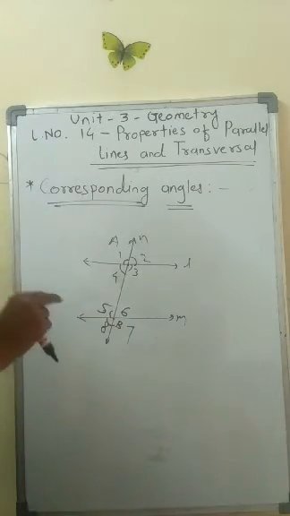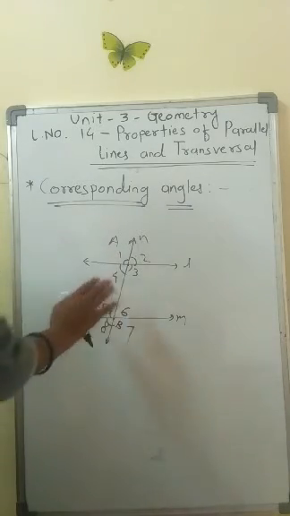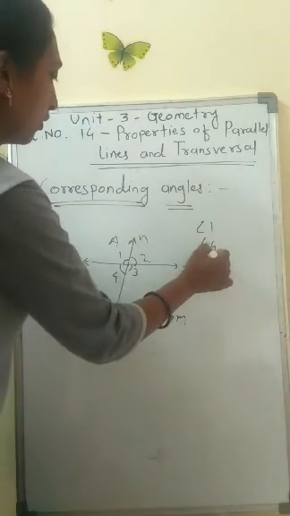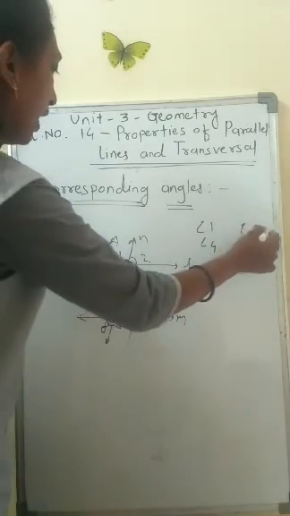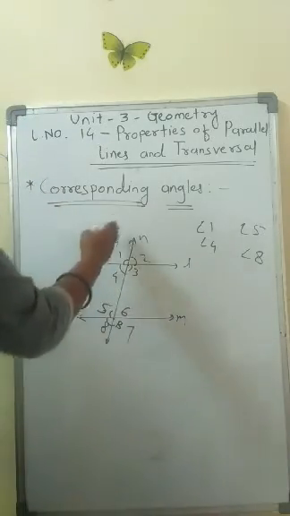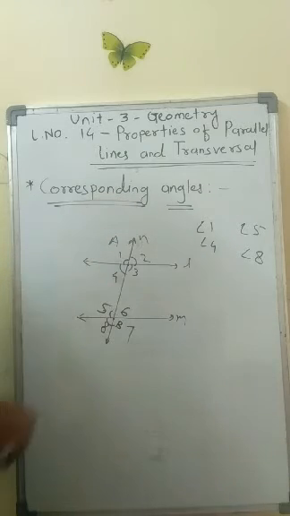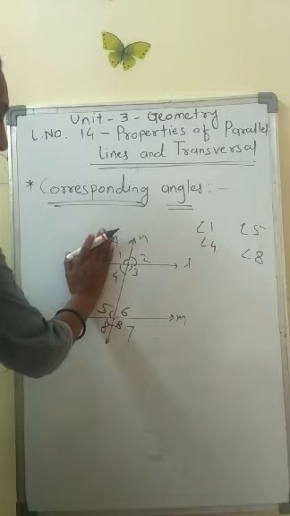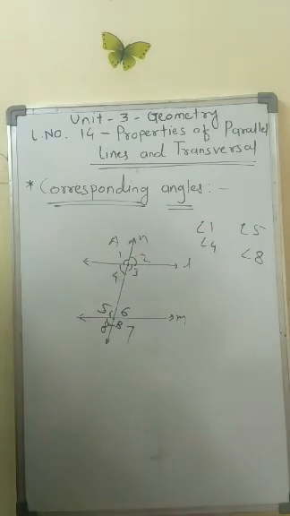Now, the same side of the transversal and also the same side on the parallel lines. It means that if we look at the same side, what will come here? Angle 1, angle 4, angle 5 and angle 8. Okay, these come on the same side. So what are the corresponding angles? How will we identify from these which ones are the corresponding angles? So look here. These are on the same side of the transversal. Angles on the same side of the transversal: you get 4 angles.